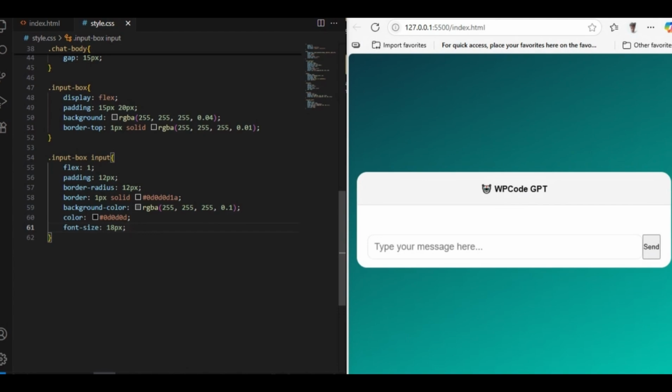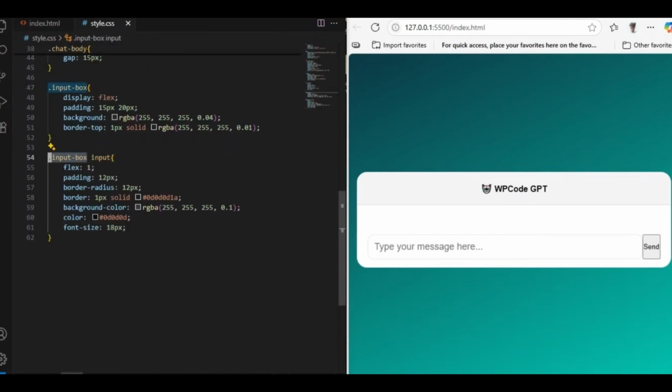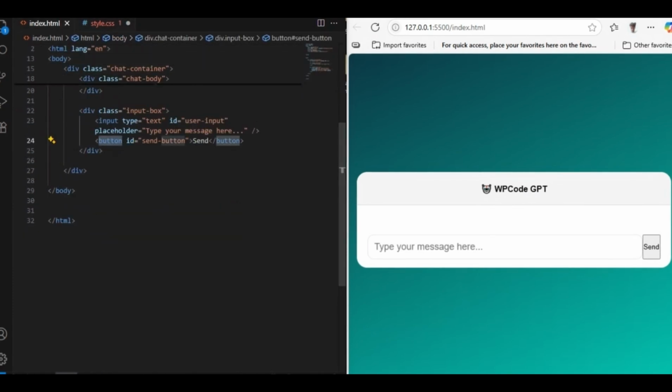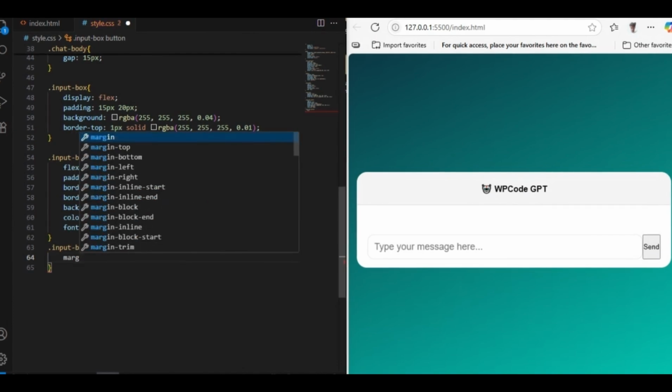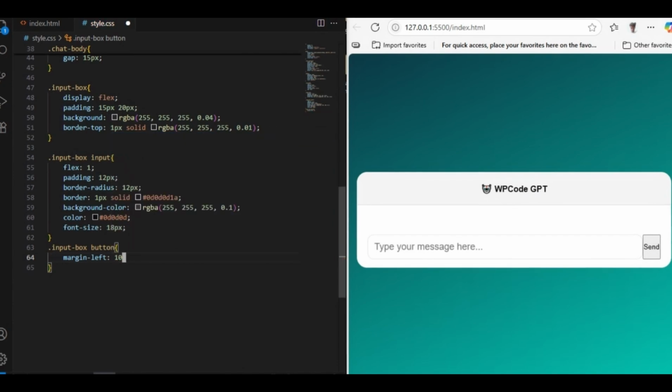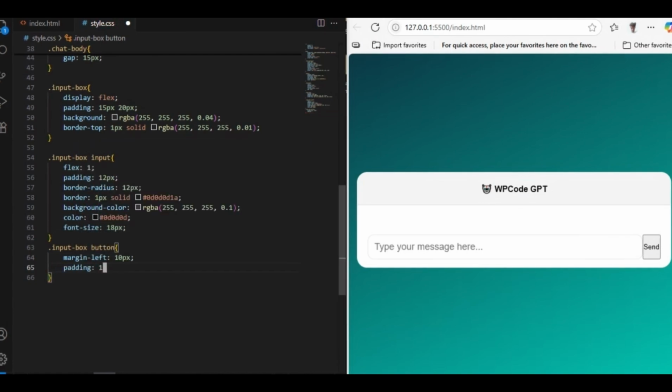And now in the next we're gonna apply CSS over this button. So this one, I'm talking about this button. So before that, just copy again this parent class, and then we will take this button tag from here, and within these curly braces we will say margin left will be 10 pixel, and padding top to bottom 12, and left to right we're gonna give here 20 pixel,